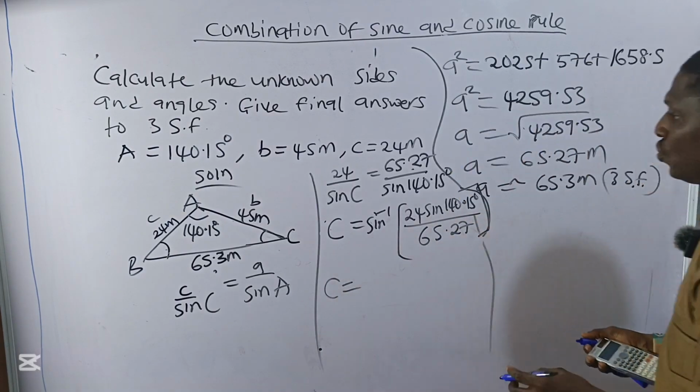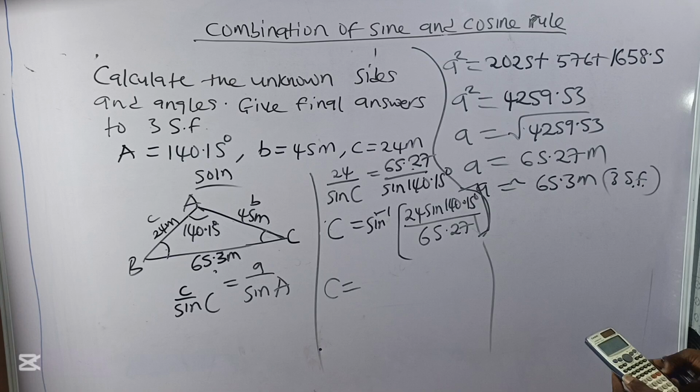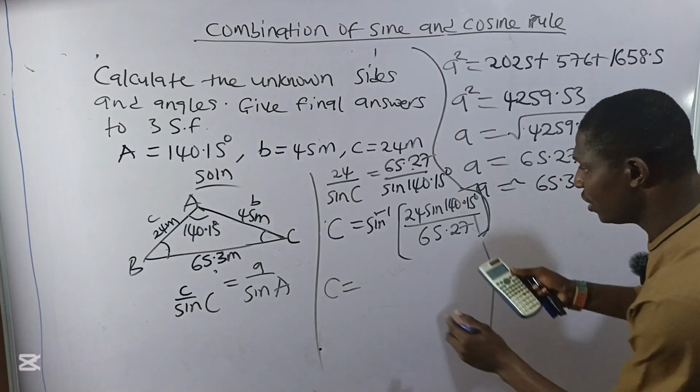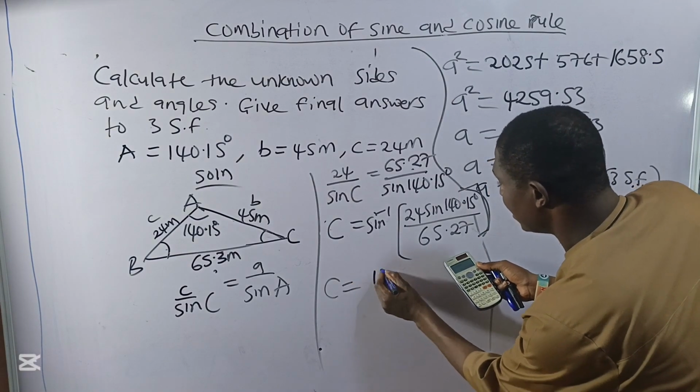So C will be equal to 24 sine 140.15, divided by 65.27, gives you this, then shift sine answer, giving me my angle C as